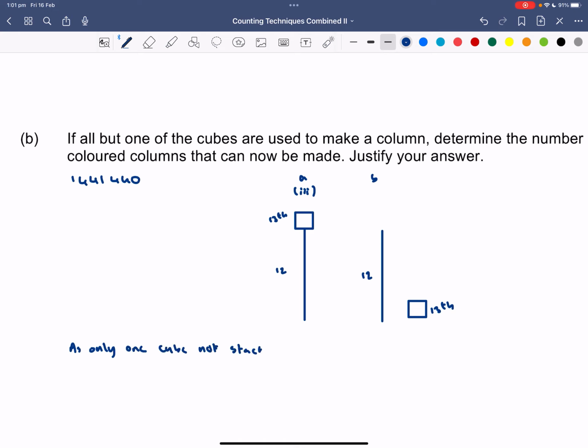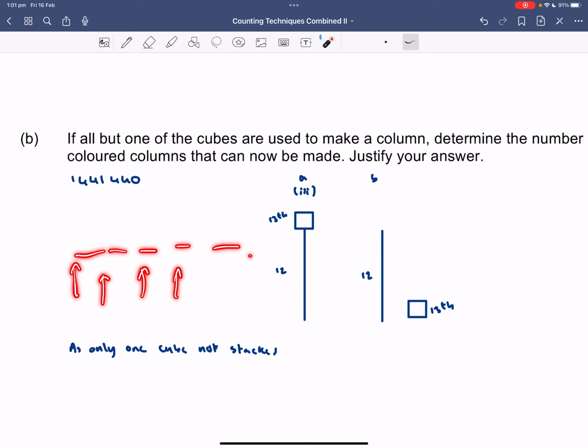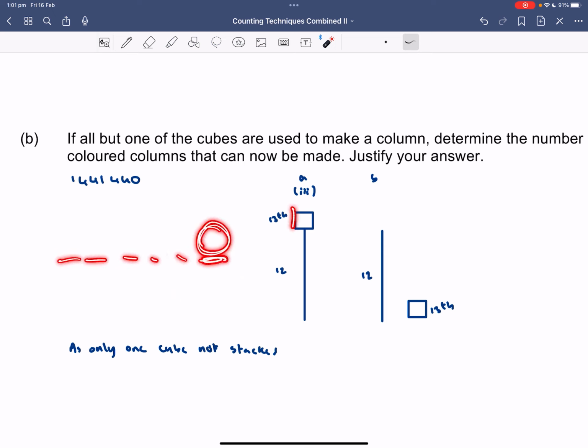Just think about it. Had you done it like this, hypothetically, how many can go here, how many can go here, how many can go here, and so on. And if the last spot was blank, how many different things could have gone in the last top spot? Just one. Putting that one cube on the top makes no extra difference. You're just timesing by 1 anyway. So basically what I'm saying is, as only one cube is not stacked,